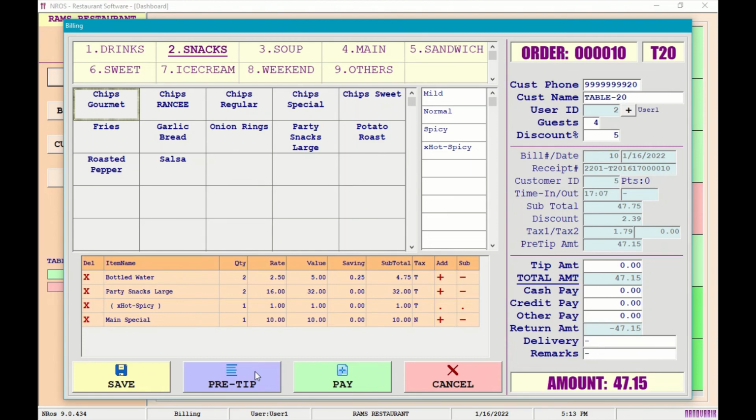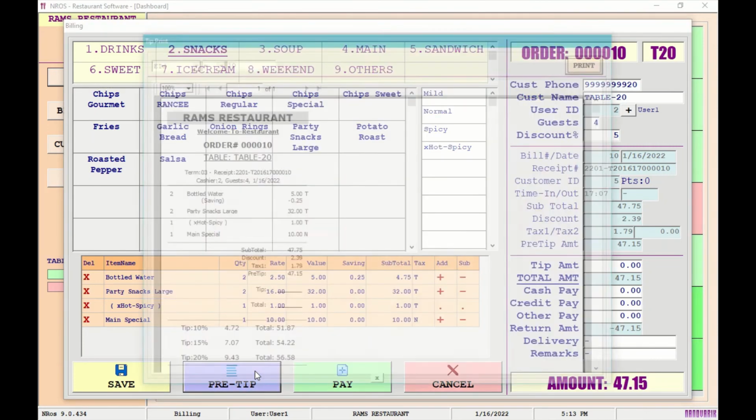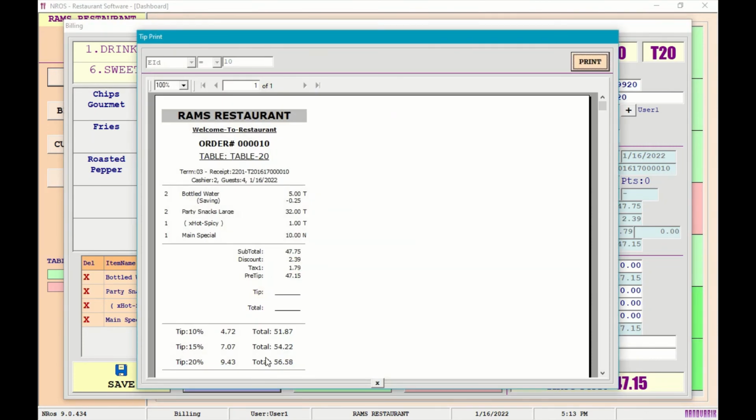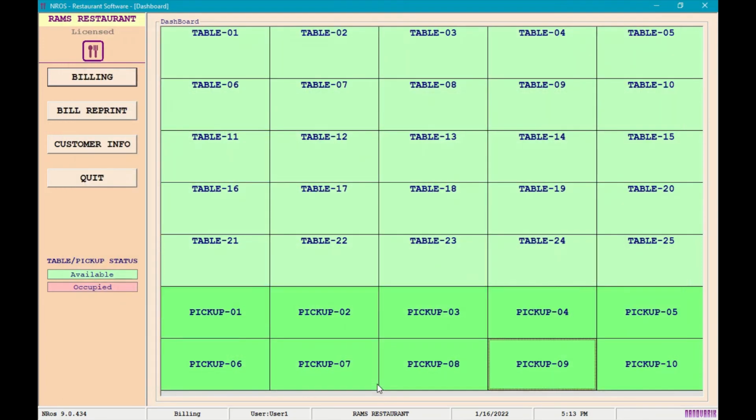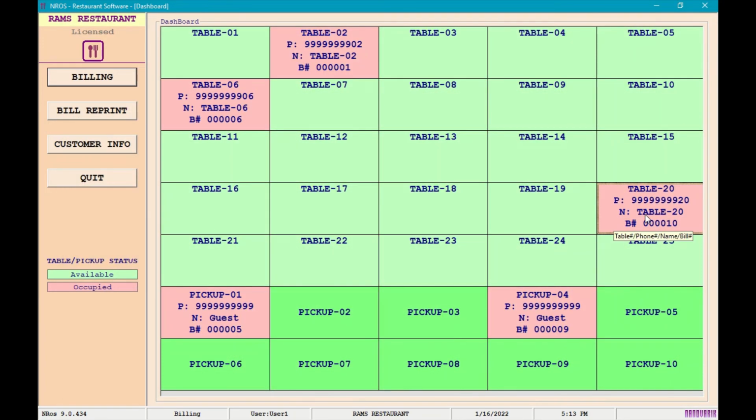So instead of saving, click on the pre-tip. When you click pre-tip, this is going to give the pre-tip bill. Present this to the customer for table 20. With this particular item there was a saving of 25. If you don't need any saving, turn it off in the preference section. The next piece is you get the tip or total. Cross mark this one. Come back once you receive the final bill,